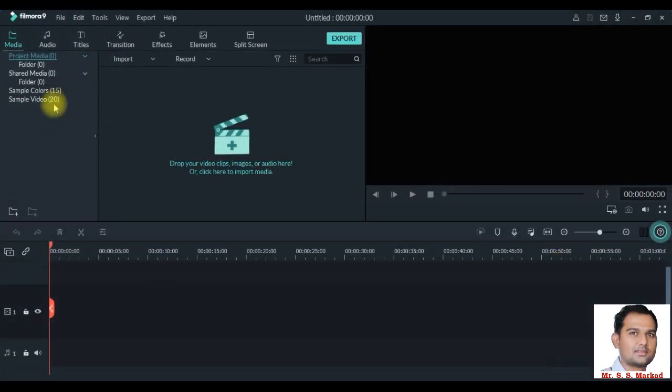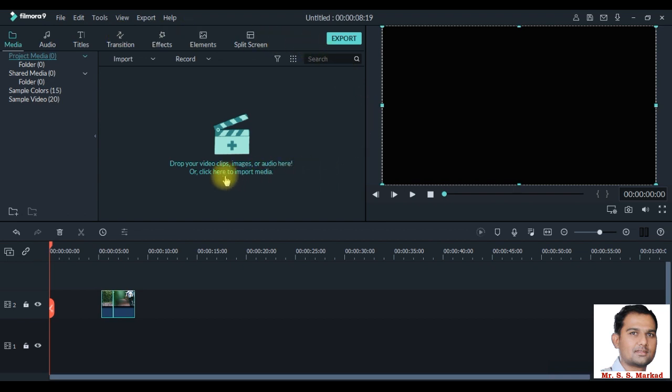This is the interface of the Filmora video editor. The interface layout is divided into three sections. One section on the left top side is the media section, where different media such as video, images, text, and audio can be imported or recorded. The section on the right side is the preview or video section, where we can get a preview of the recording or video edited. The bottom side is the timeline, where different media can be edited, added, or changed.